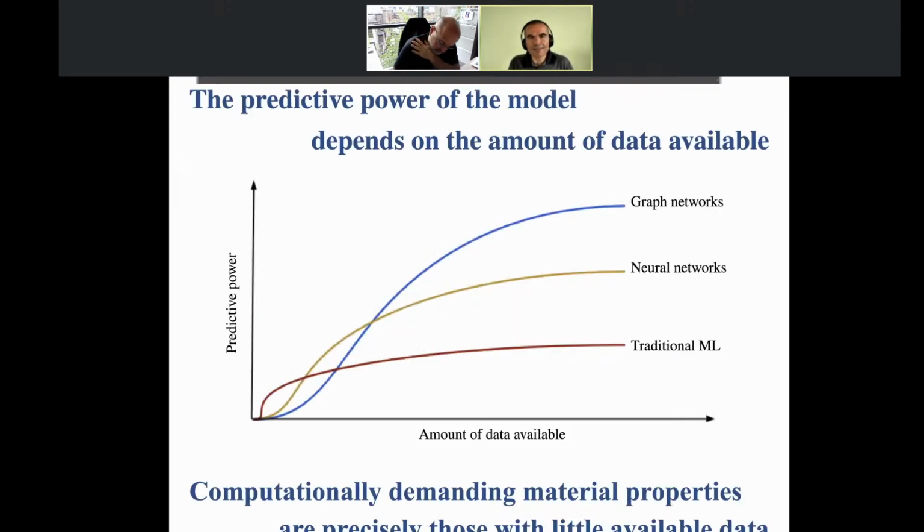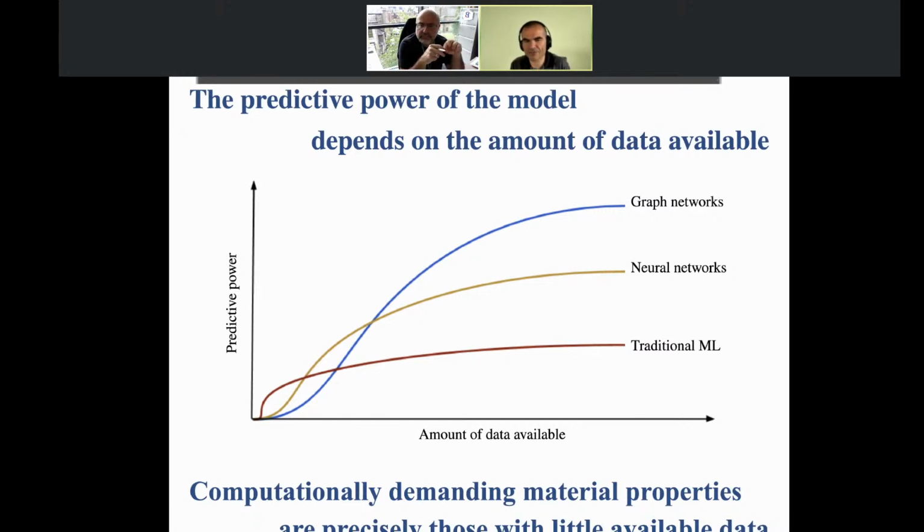When we look at the different models, the traditional machine learning models, such as the random forest, usually they are very easy to use, and with a limited amount of data, you can reach a decent predictive power. And when you increase the number of data, they have a hard time to improve. In contrast, the neural network and the more advanced graph neural network can increase their predictive power if you feed them with many more data. So the more data you provide, the better the accuracy, and you can see that the accuracy is better when you increase the number of layers in the neural network, and if you include those graph networks, you can reach a very good accuracy.